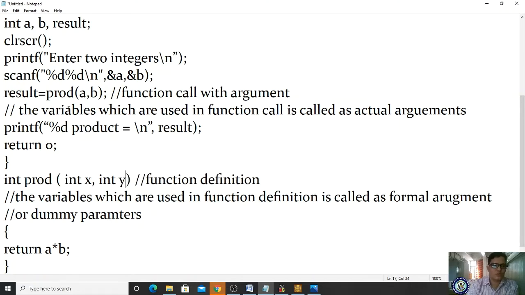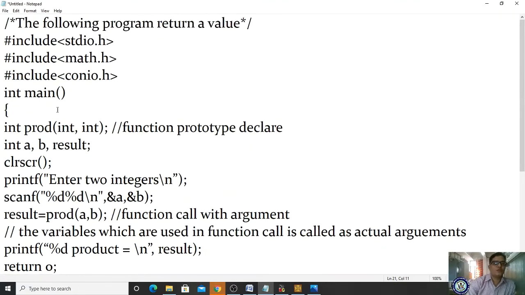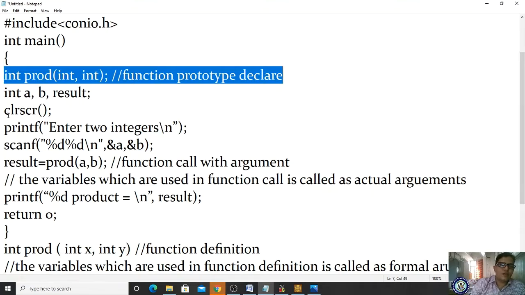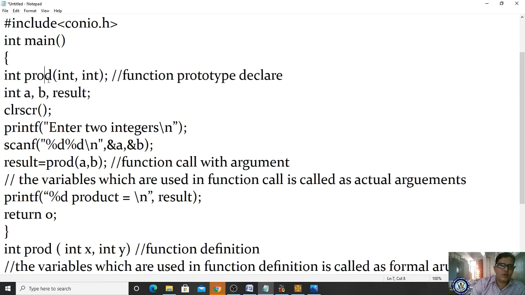Okay, so now I will explain neatly once again. Please observe here. What is the aim of the program? Product of 2 numbers. Here, in the product of 2 numbers, what are we using? Return statement, right? For your main function, instead of void, what have we done? Int. If you are using int, it means we have to return a value to this main function, right? So now we have declared the prototype declaration, and here prod indicates the product of 2 numbers. We are processing the product of 2 numbers.